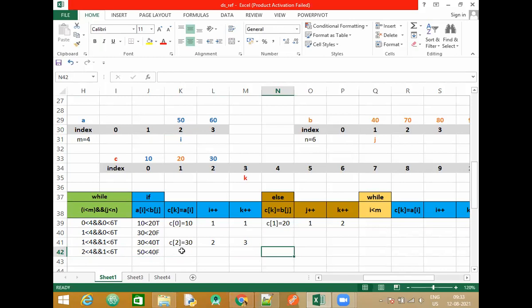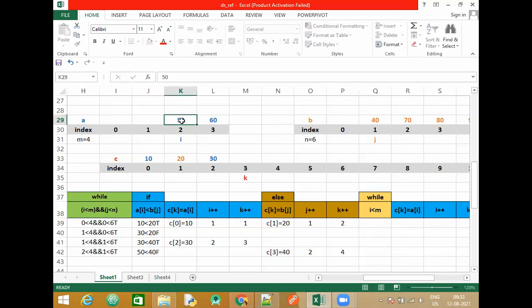What will happen in the else part? C of 3 is equal to which element? Then what about the variable J? It will increment. So what will be the updated value? What about K? 4.